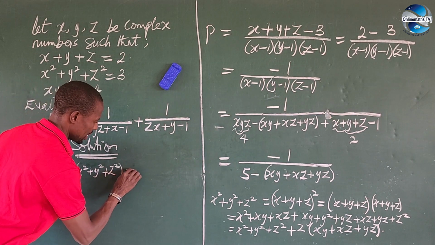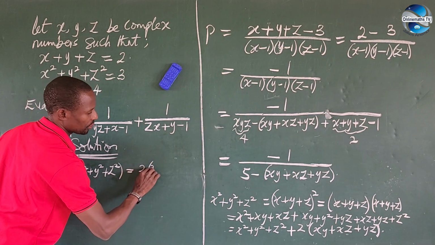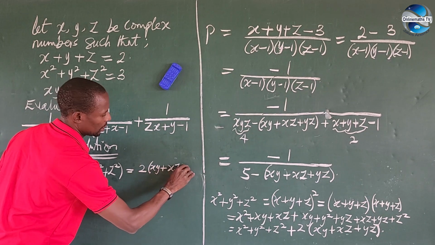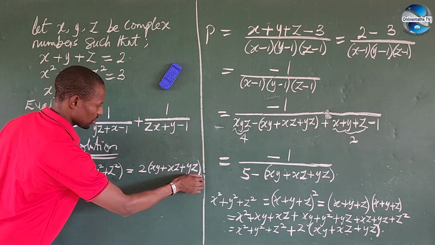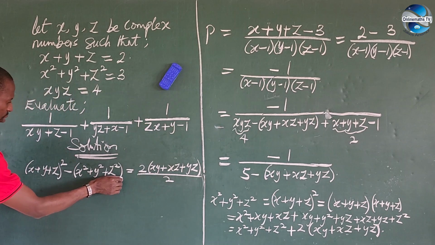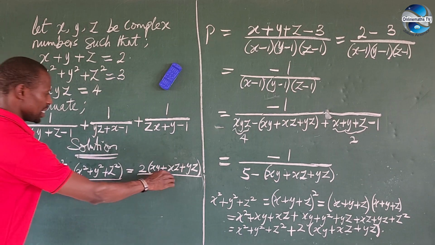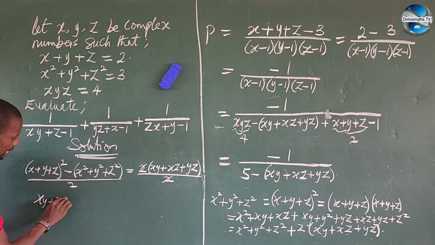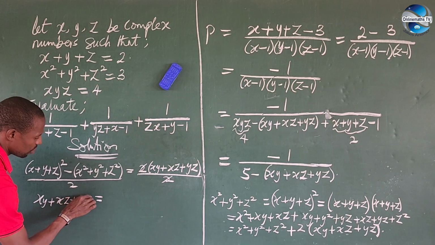Then is equal to 2 into xy plus xz plus yz. Mind you, we want to make this the subject of the formula, so we are dividing by 2. We equally divide every tier by 2. So this leaves the system. So we are now having xy plus xz plus yz is equal to,